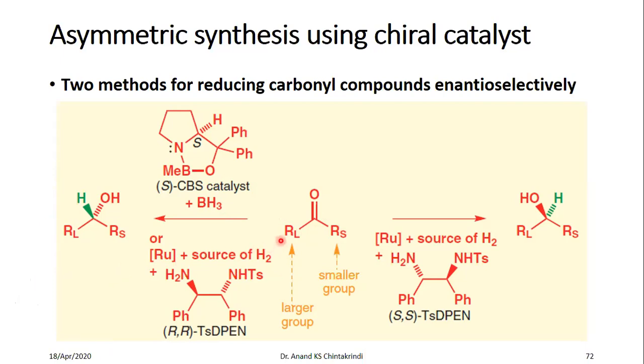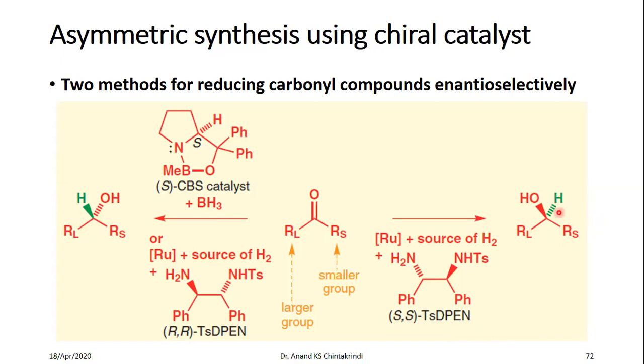Now, I was repeatedly stressing that the earlier isomer you got was with the SS form of the chiral ligand. If you use the other form of the chiral ligand, the stereochemistry is exactly reversed in this case. So the hydrogen addition mechanism would have been reversed, in the sense that the orientation of the ligands would have been reversed. So in summary, if you're using SS-DPEN, you will end up with this particular enantiomer.